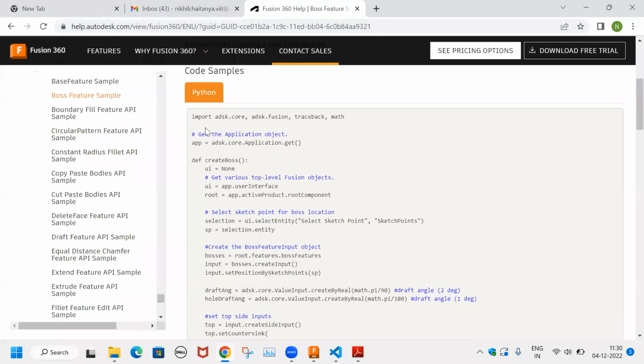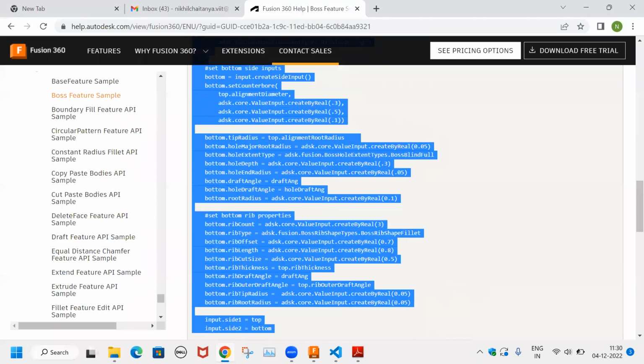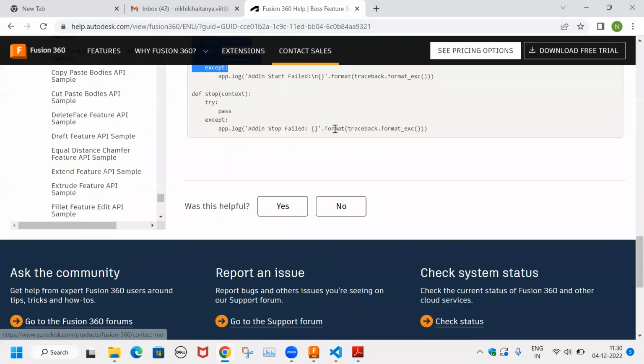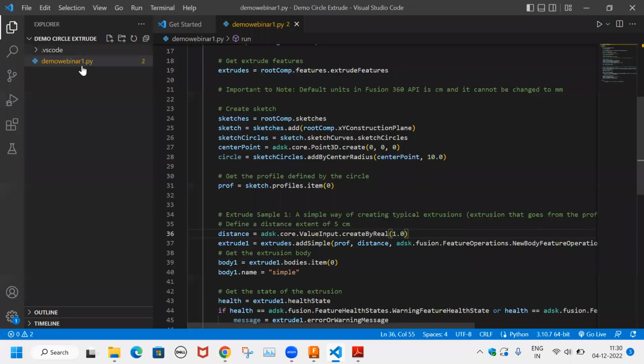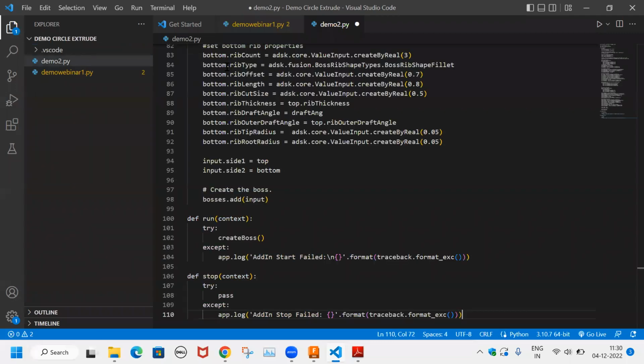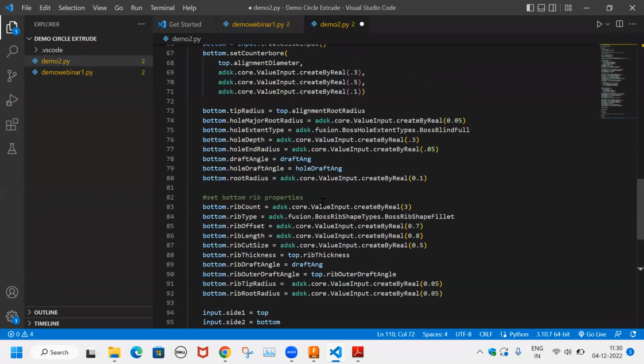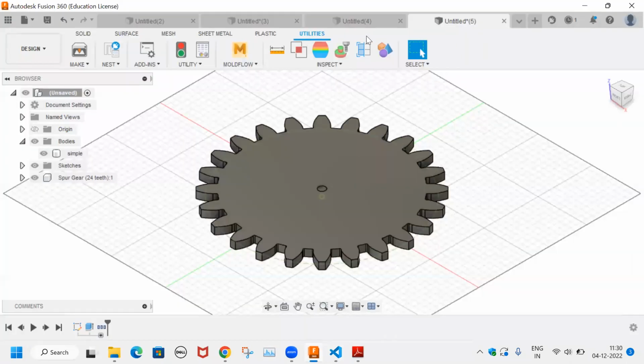You can simply copy this code into your Visual Studio Code. Click on add a new function, name it demo2.py, and inside that you simply paste it, save the file, go to Fusion, create a new file,